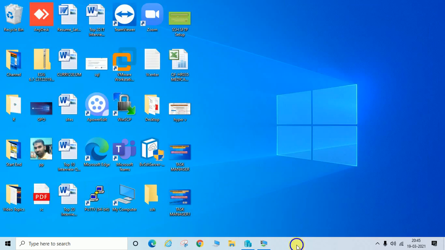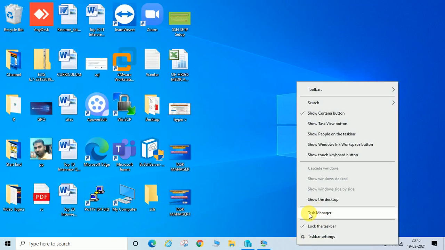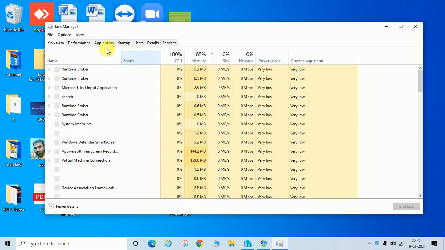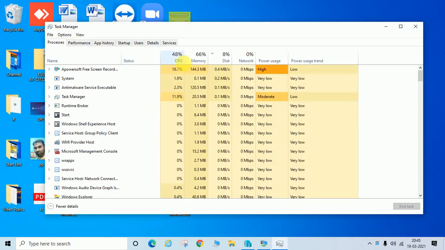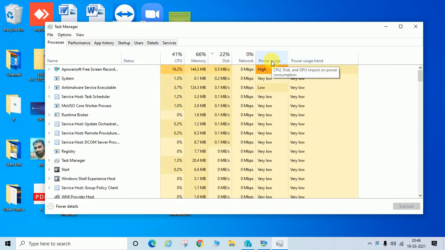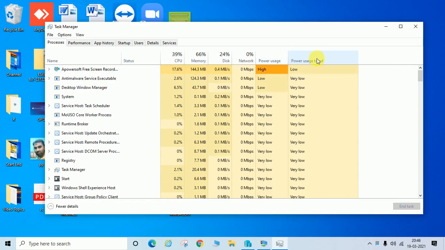You can also open this by right clicking on the taskbar and going to the task manager option, and you can see here in the process tab: status, CPU, memory, disk, network, and power usage and power usage trend. These two options, power usage and power usage trend, were not available earlier.